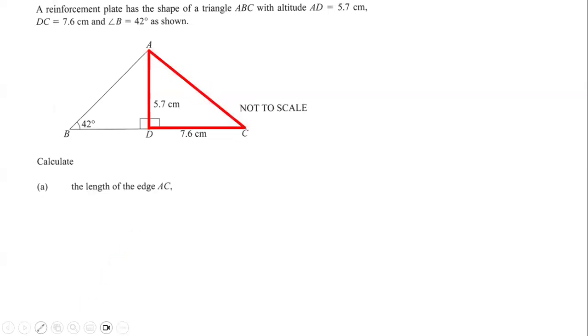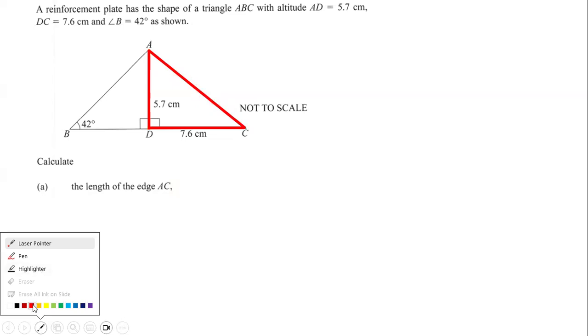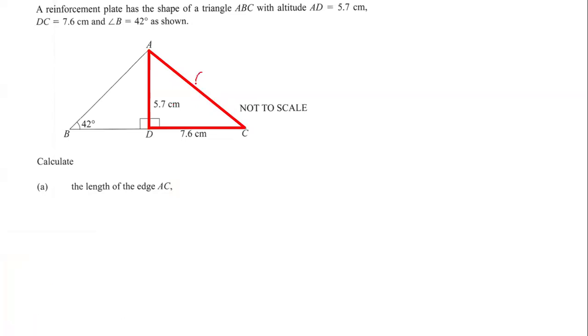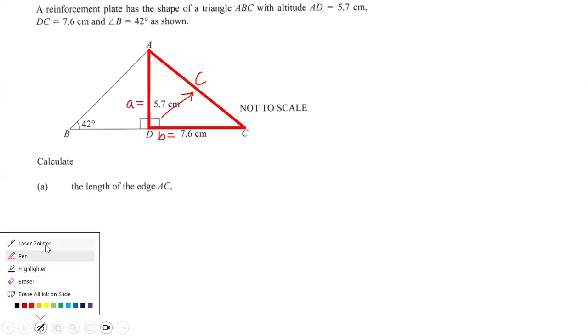Now, we're going to call this side C, right? That's the hypotenuse. The hypotenuse is the longest side. It's also the side that's opposite the right angle. We're going to call this side A, so A is equal to 5.7. We're going to call this side B, so we have A, B, C, and we label them as such